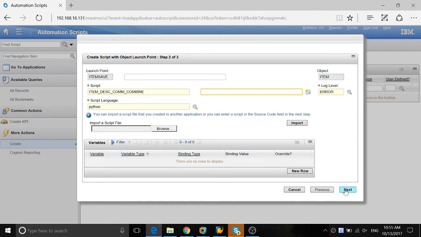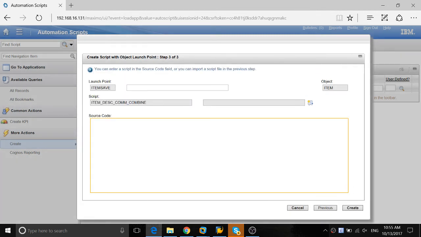Then click next. In this case, I don't want to define any variable because I want to show you how to get and write information directly into the MBO object. So in this case, first of all, I want to get information from the commodity group description. So what I have to do is retrieve that object from the relationship of the item object. Because this script is running on the item object, I can get the same record open by having the variable MBO, and then I will get the data set of the commodity group relationship by using get